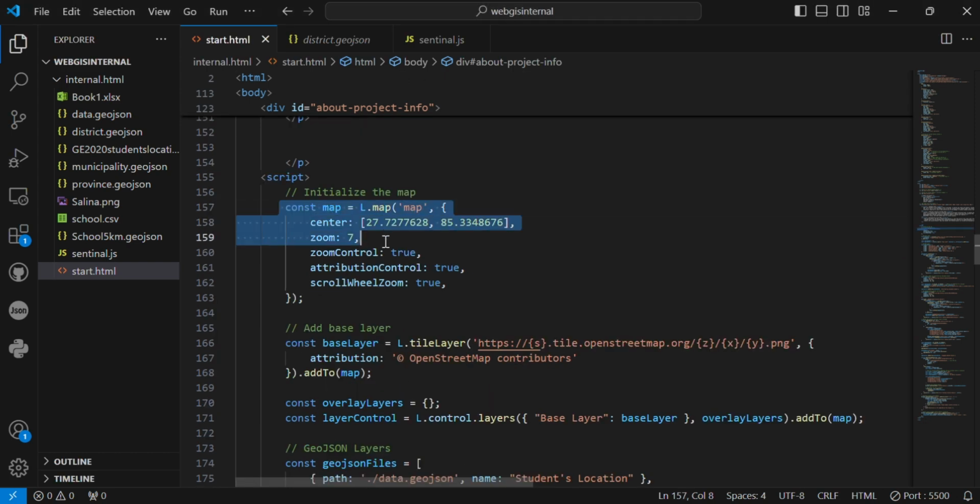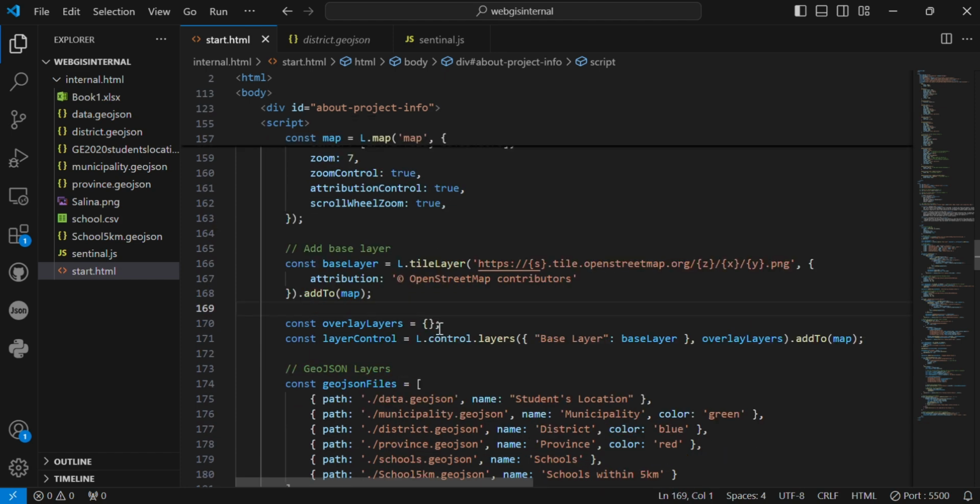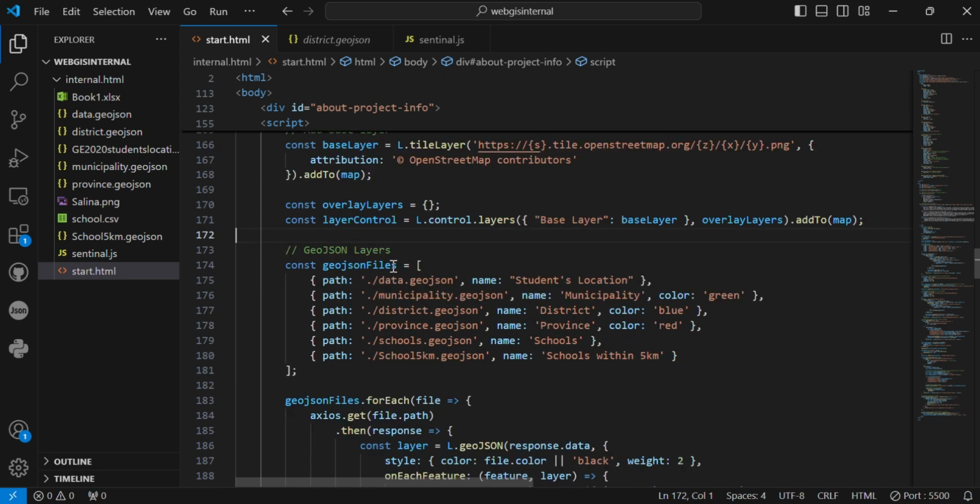Next code will demonstrate the initialization of the map. The map is initialized using the Leaflet.js library in the script section, where L.map creates a Leaflet map and binds it to the HTML element with the given center and zoom level of 7. Also you can see the L.tileLayer in this code. It creates a tile layer which loads map tiles from OSM based on the URL template provided here, and it also initializes the empty overlay layers where overlay layers can be added later, such as the geolocation layer